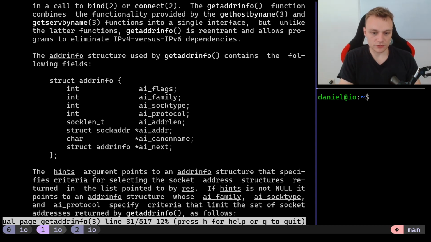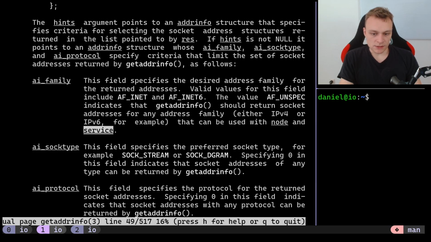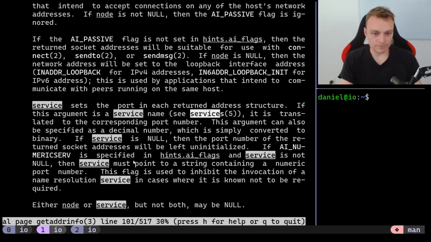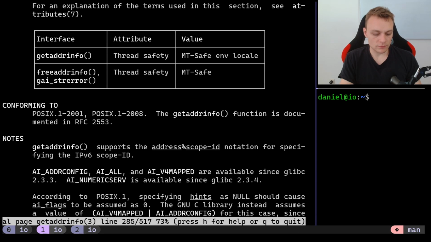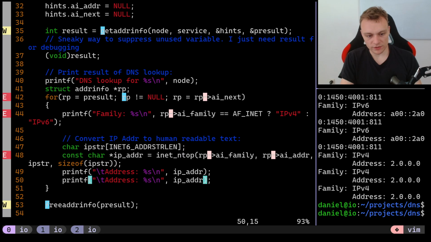Family, socket type. So can we do something like socket type and then print that, and we pass here RP, and then